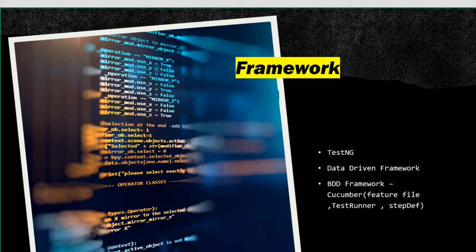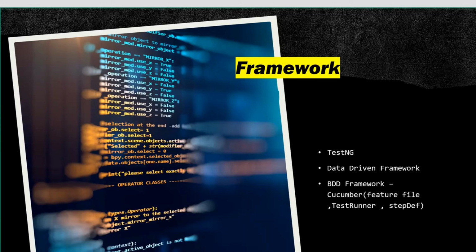Does this mean it is a practical scenario, that everyone in a team should know automation, Java, Selenium? No, this is not a practical scenario. Why would a client need to know Java or Selenium, or why should a BA know Java or Selenium? So how can we bridge that gap?